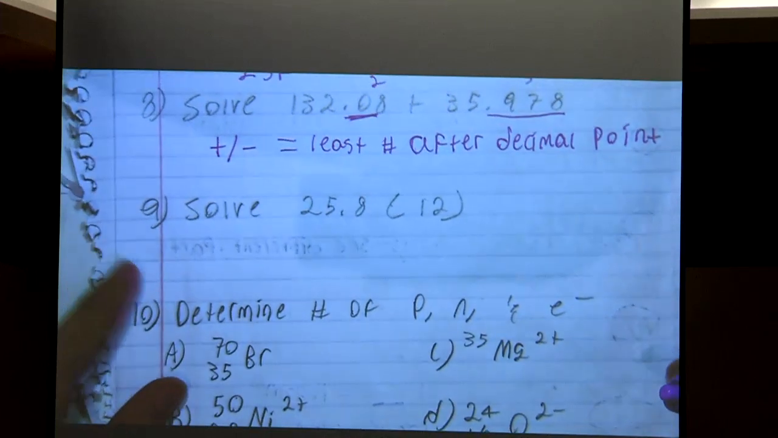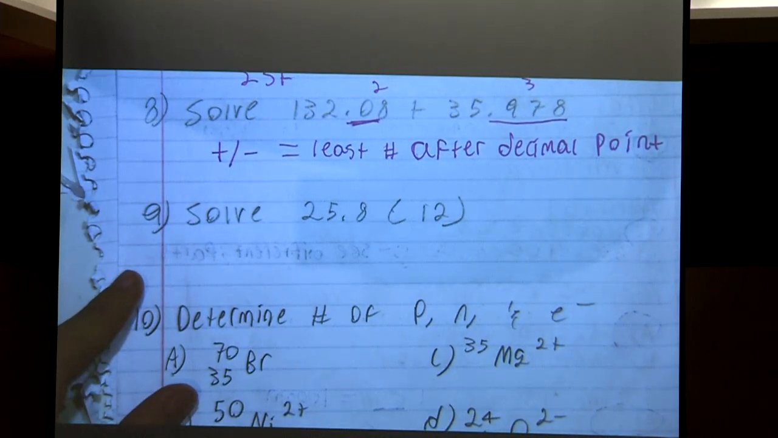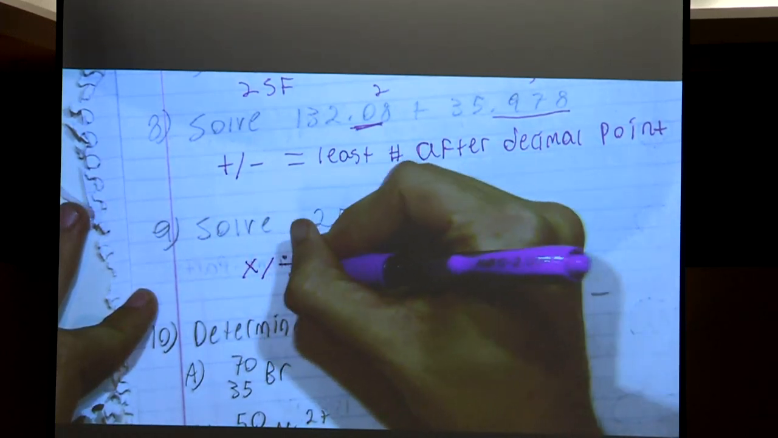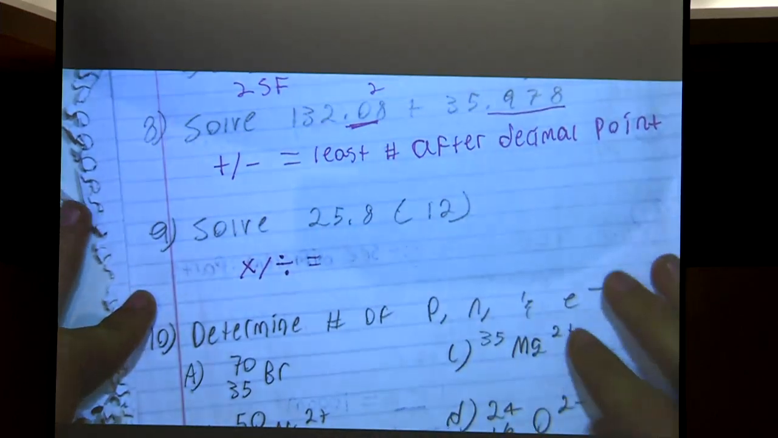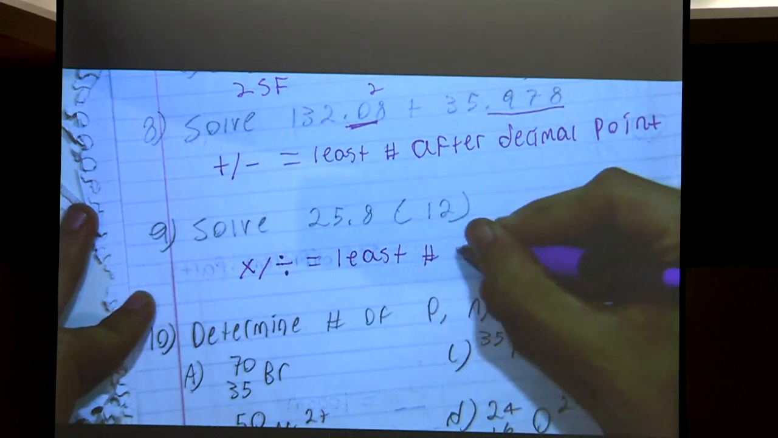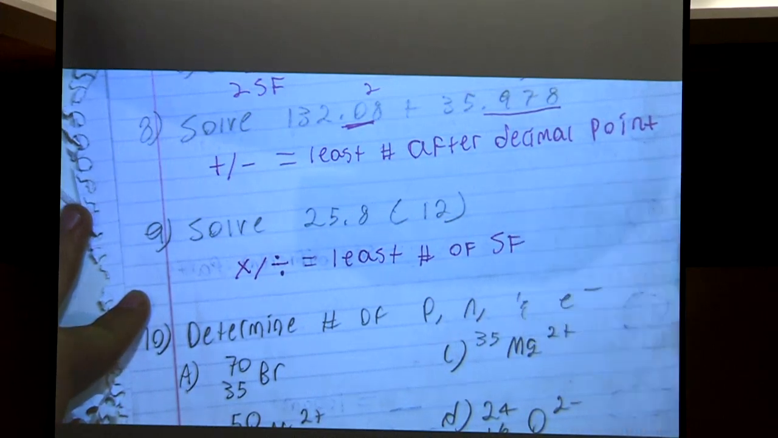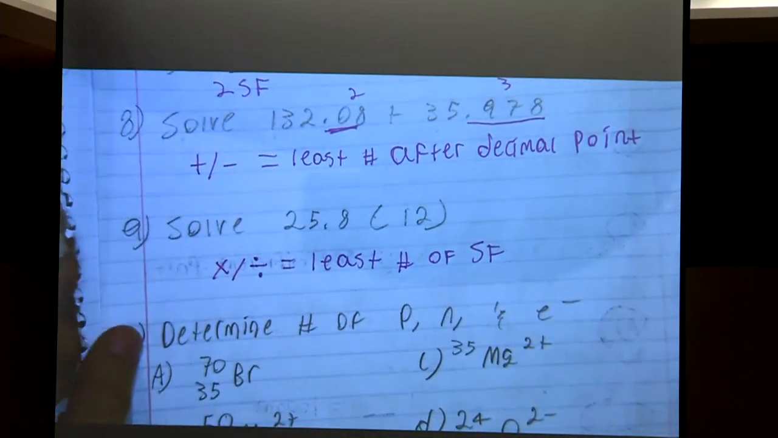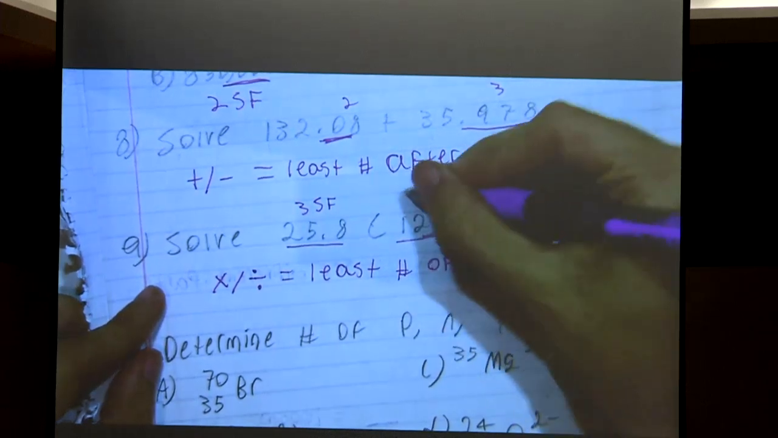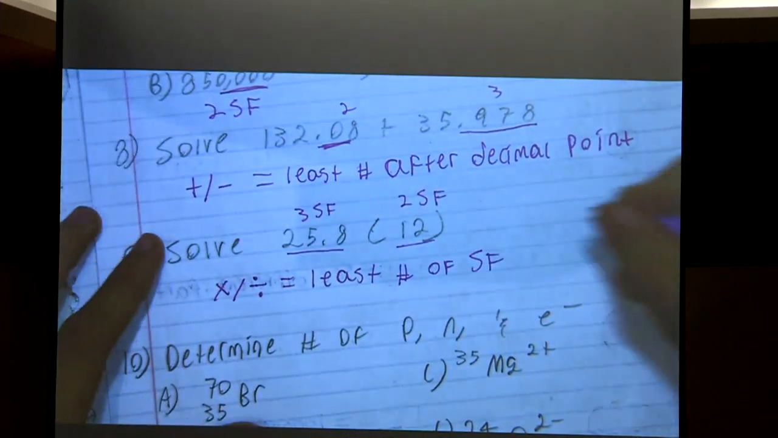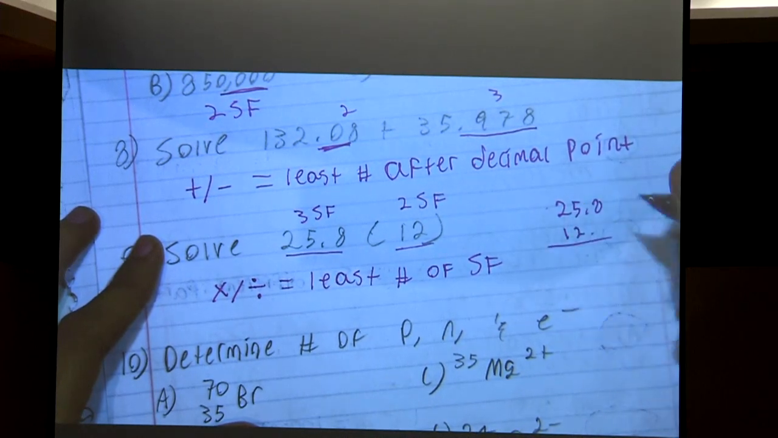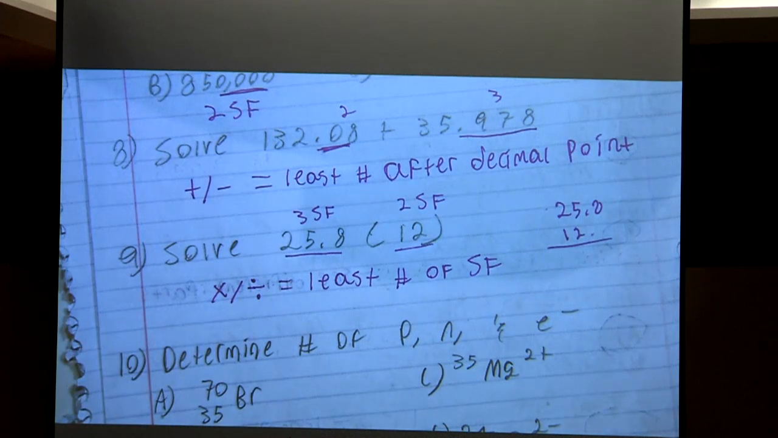So now we have number 9, solve 25.8 times 12. For multiplying and dividing, our rule is the least number of significant figures overall. So the least number of SF. When we do this, 25.8 has 3 significant figures, 12 has 2 significant figures, so 25.8 multiplied by 12 is going to give you